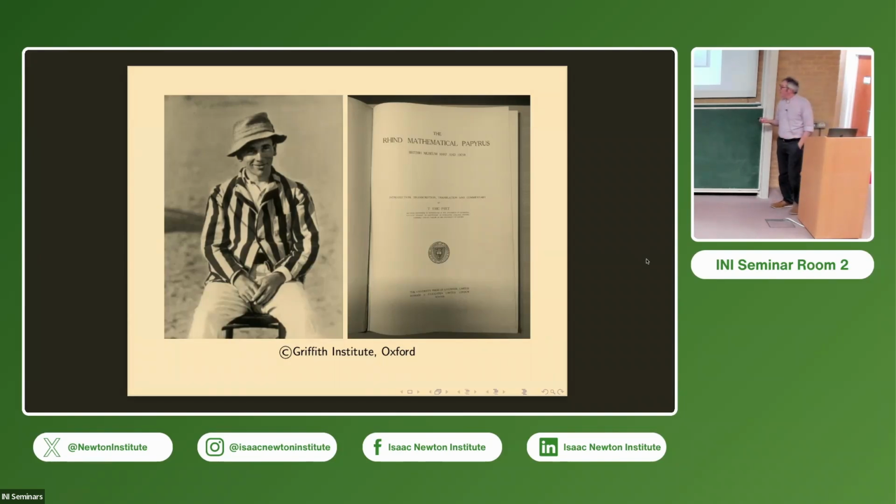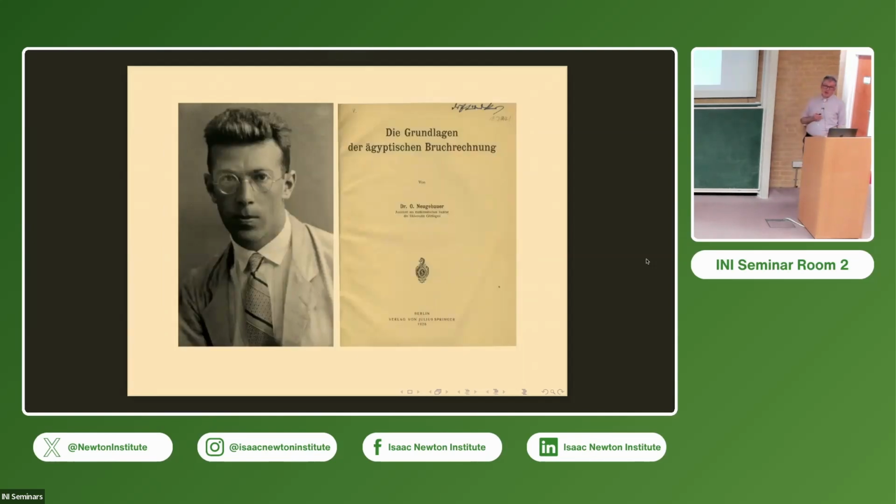So it reignites interest in ancient Egyptian mathematics among Egyptologists a little bit, mathematicians a lot. But also in a new type of scholar that seems to have emerged at this point. People who are increasingly becoming professional historians of mathematics, and in particular people who are interested in actually bothering to learn the ancient languages that you need to know in order to do the study. And so the main person I have in mind when I say this is Otto Neugebauer.